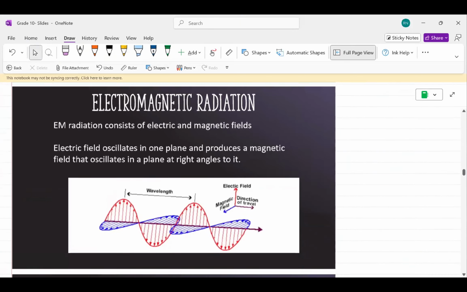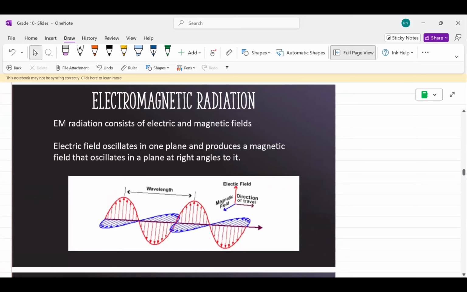Okay, then we get to the funky one. Now this one has a lot of theory behind it, so we're not going to go through the theory because that's just memorization. But we have electromagnetic waves, and these are made from electric field and magnetic field. So you guys don't really need to know the nitty-gritties of it, but what you need to know is how they look. So basically, you'll have a wave that's going in,